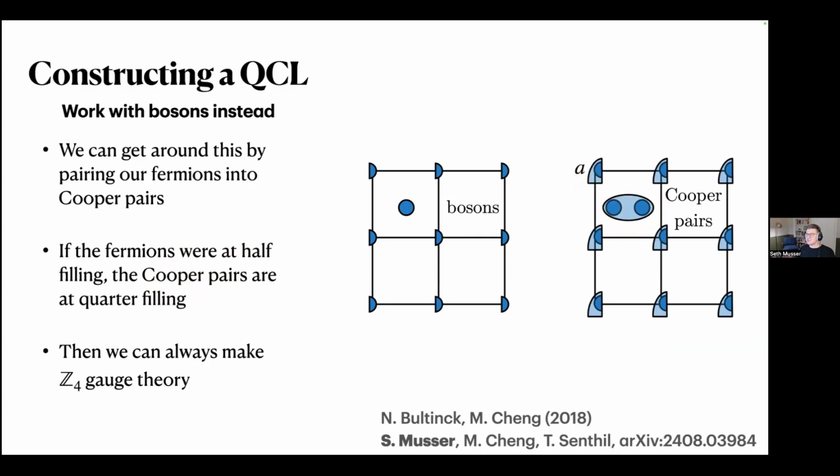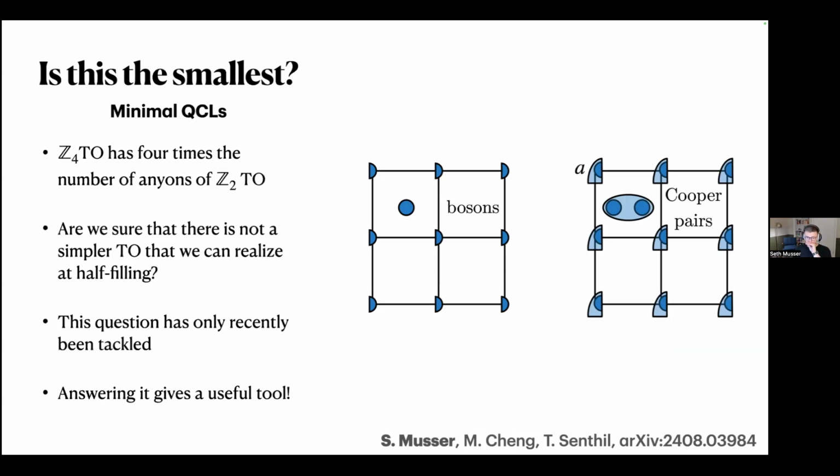So what I have is some bosons. If I forget where the bosons came from, I just have some bosons at a quarter filling, and I know I can always make Z4 gauge theory out of that. So I can definitely get Z4 gauge theory. But